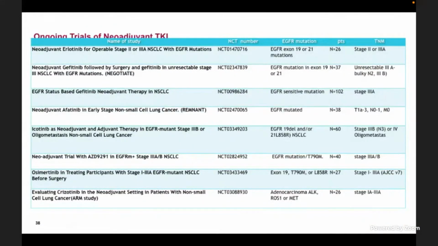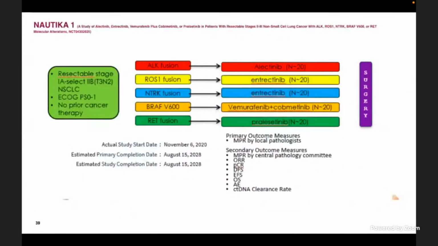And there's also a lot of trials happening in the neoadjuvant space where they're trying to look for these mutations and trying to make the unresectable stage 3 adenocarcinomas, NSCLCs with EGFR mutation, resectable. So that is very interesting. I think these are far more interesting trials which are happening, and the data which comes out will be very interesting to see. And not just EGFR, ALK, ROS, they're also looking for rarer mutations like NTRK fusion, BRAF, and RET fusion. So the NAUTICA 1 study hopefully will give some positive data